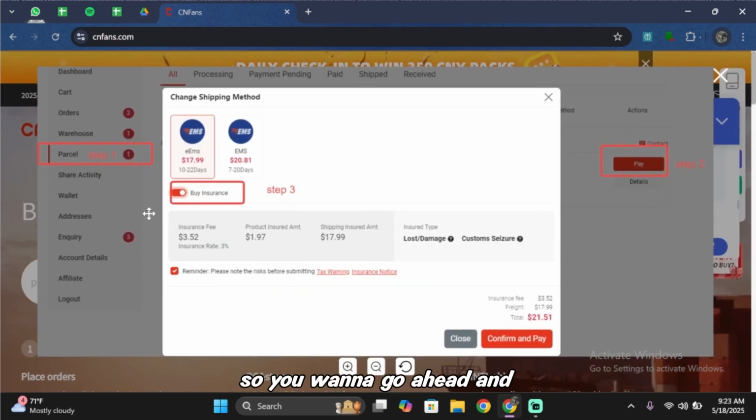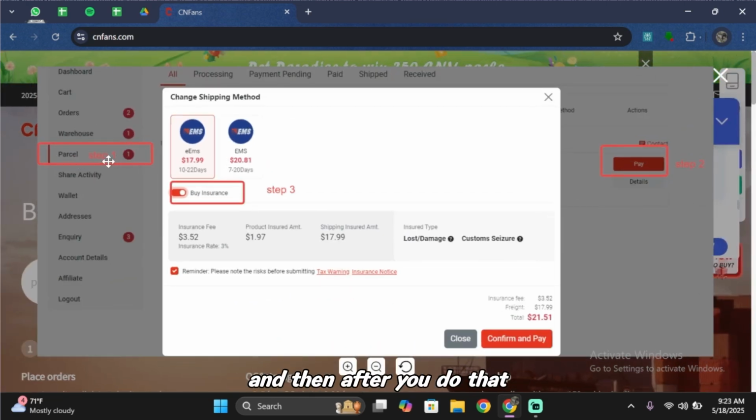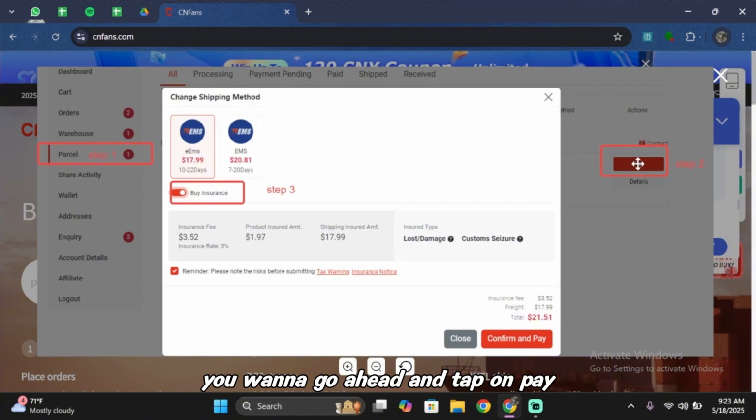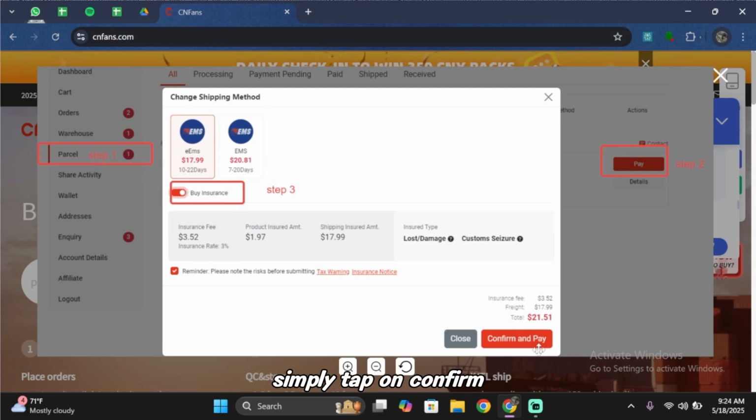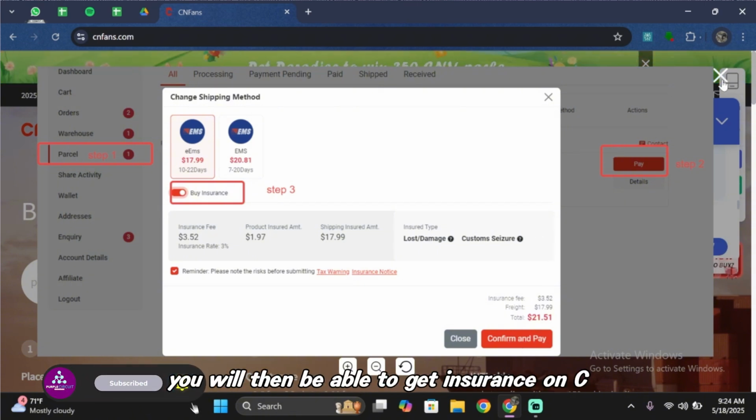So you want to go ahead and simply tap on parcel first of all, and then after you do that, you want to go ahead and tap on pay. After you tap on pay, you will then be able to see this kind of interface. You want to go ahead and simply select this buy insurance button, and after you do that, you want to simply tap on confirm and pay. And just like that, you will then be able to get insurance on